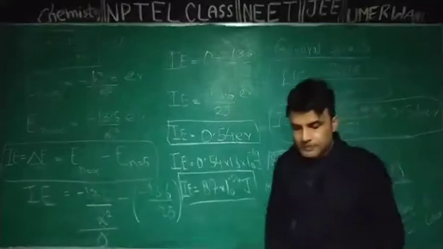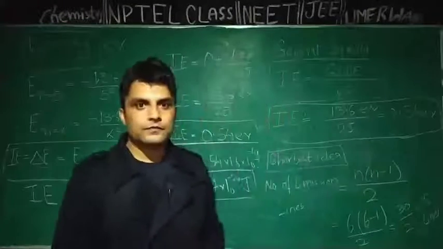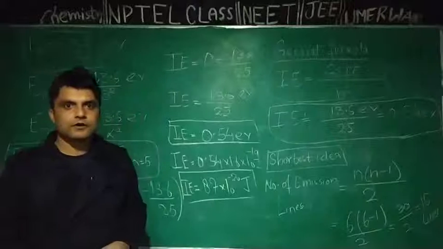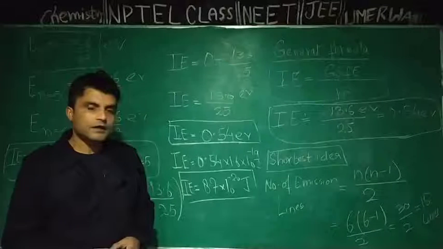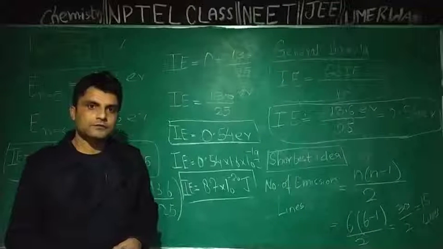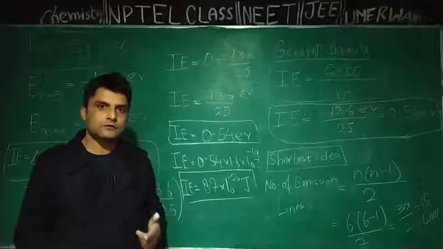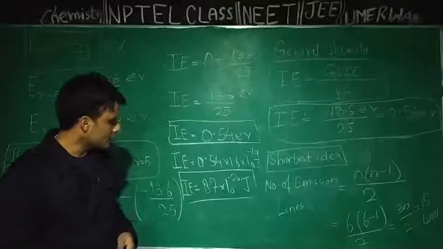We will get 15 lines in the line emission spectrum of hydrogen when the electron in it returns from n equal to 6 to n equal to 1. And if I may